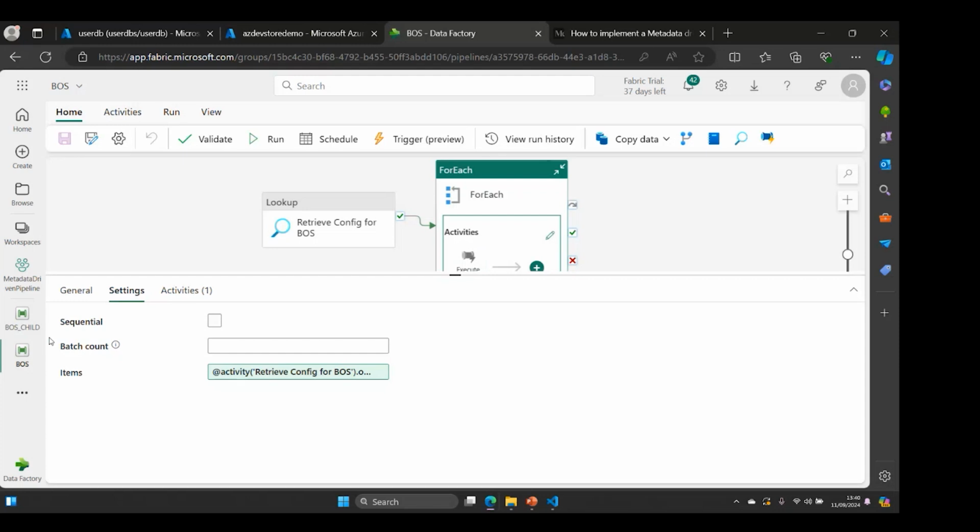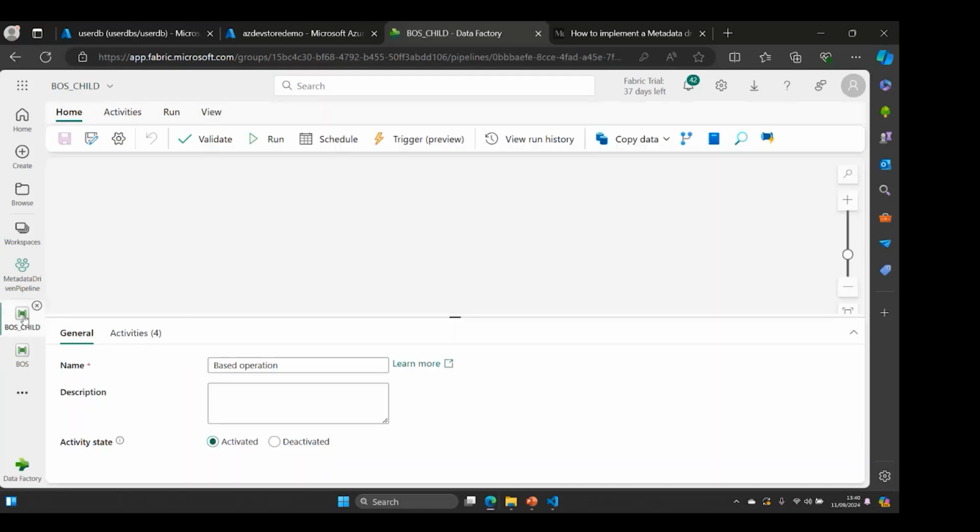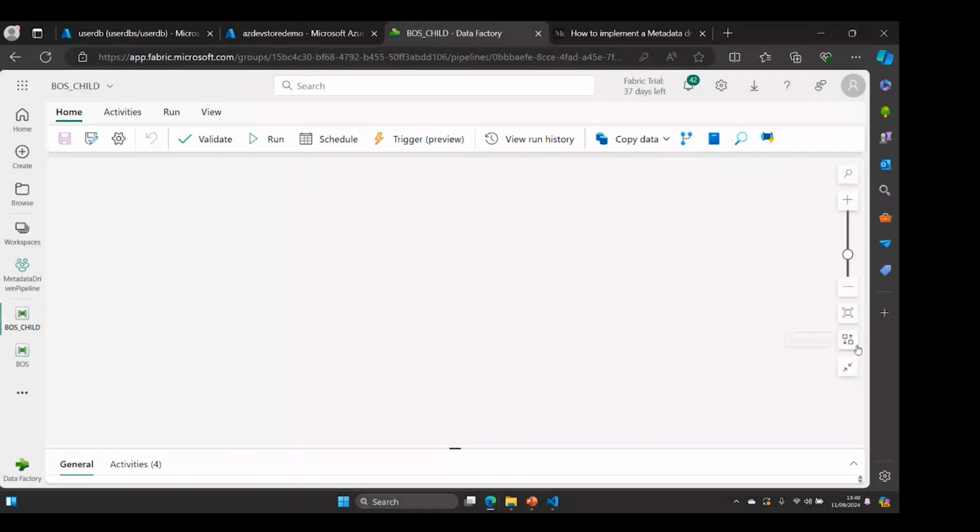Okay, so now this is a child pipeline. So here, what happened? If I have business outcome one and it has four entries, then for each entry it will run. And here you can see that